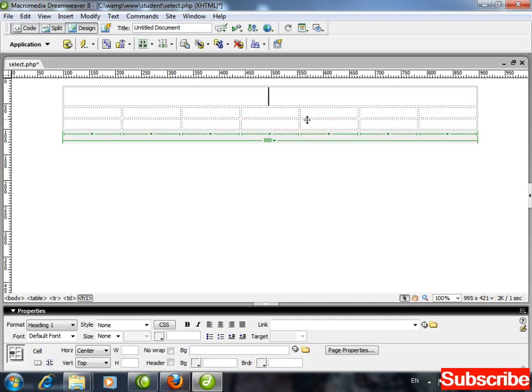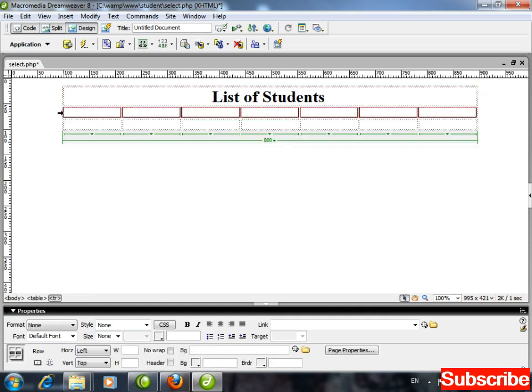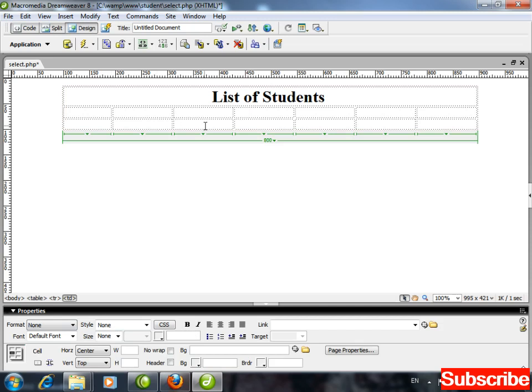Control 1. Here I'm writing list of students. Next row selected. Alignment center. Make bold, and now make entry of the labels. Registration number. Next one, name.